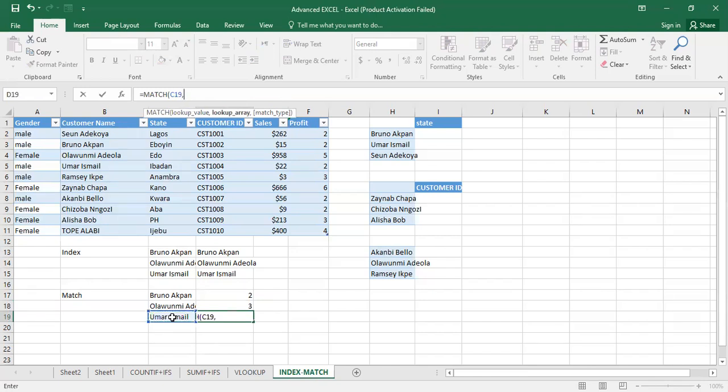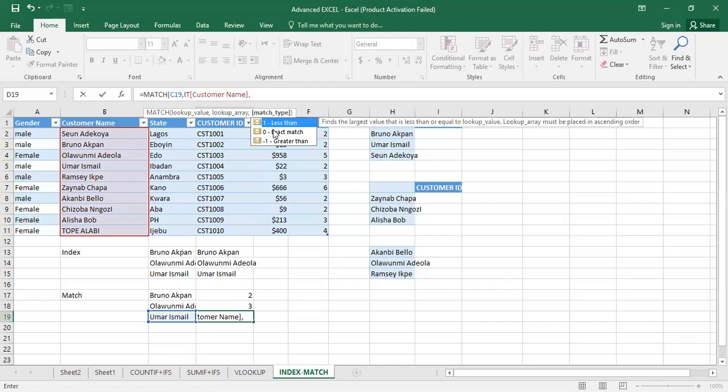The lookup array. Another way that I can get my lookup array: my lookup array is talking about my table, and my table is IT. But I'm not looking at the whole table, only the particular column that deals with the customer name. So I'll click on IT, then put a square bracket. The square bracket is going to go into my table and show me all the headings that I have there, so I can pick the one that I really need. I want the customer name, so I double click on that,